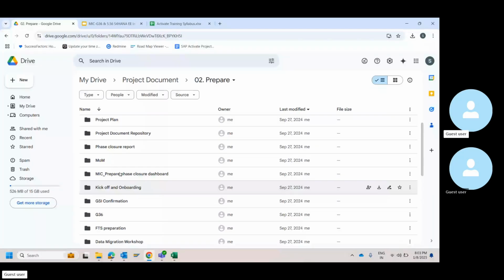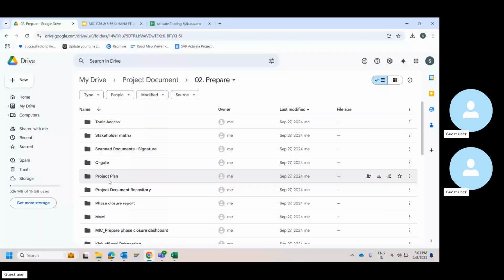Yes. We had looked into a few documents, right? We looked upon the project charter. We looked upon the one where we have assumptions, testing assumptions, and exceptions.